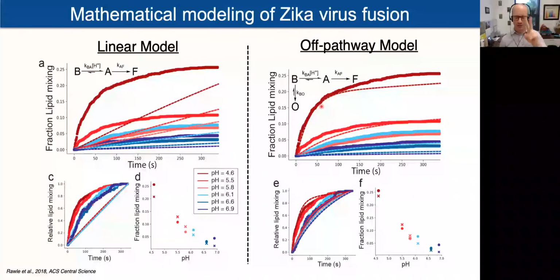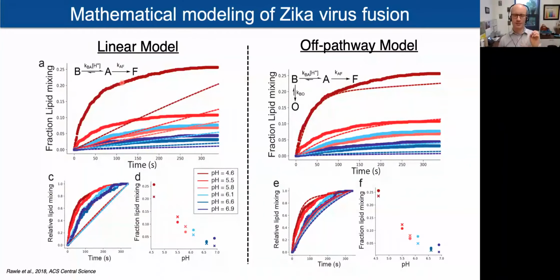There are two reasons. One is that I'm a basic science researcher. I'm trying to figure out how things work, so anything that tells me about how the virus works is inherently interesting. But second, and more broadly interesting, is that an off-pathway state could be a clear target for a drug therapy, because if we can stabilize that off-pathway state, then the virus doesn't proceed to fusion and infection is stopped. We don't know yet what this off-pathway state is. I don't want to oversell where we are, but this was very exciting to see because it gives us an avenue to explore in the future.